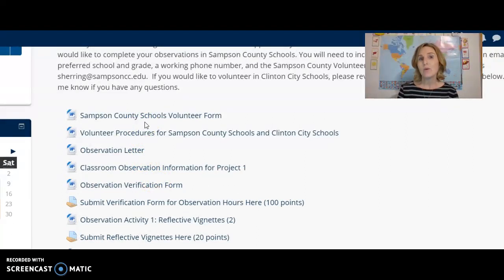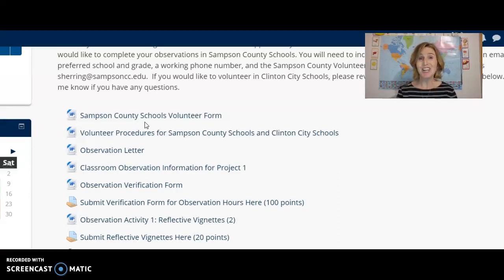Also, when you send that form, let me know where you want to do your observation at. In the past for this course, we have kept that to elementary and middle schools. However, we know that we have several high school students in our class this semester, and we have opened that up to high school. So if you email me your form, just let me know what elementary, middle, or high school you would like to do this project in, and I will get that information, compile it, and send it to the central office. They will do a background check on you. They will contact the principal of the school in which you want to complete this project, and then get back to me to let me know that you are ready to start.